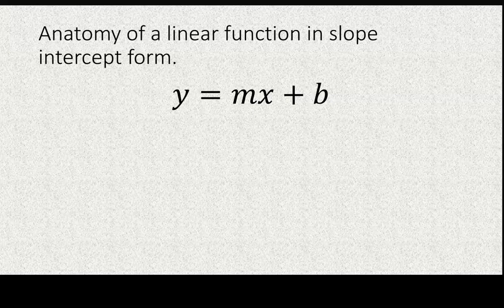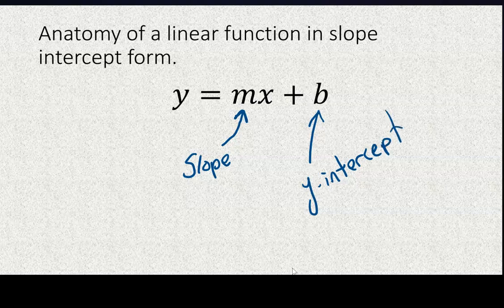So, for starters, we look at this m here. m actually stands for mountain. And this is the slope, which determines how the line will go up or down, or climb up and down the graph. Then this is the y-intercept. So this is where the line will cross the